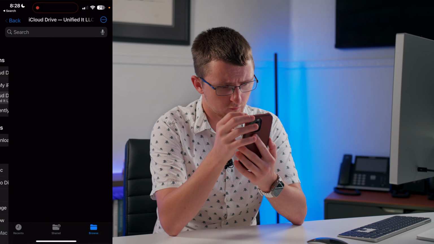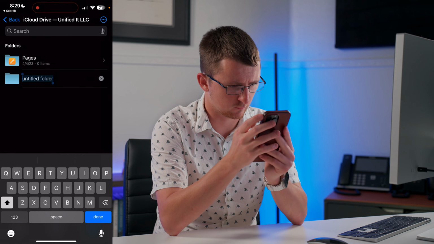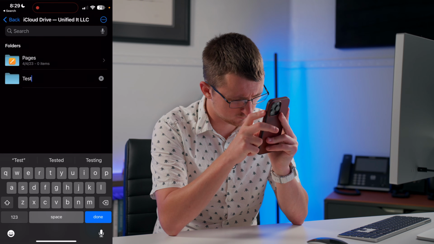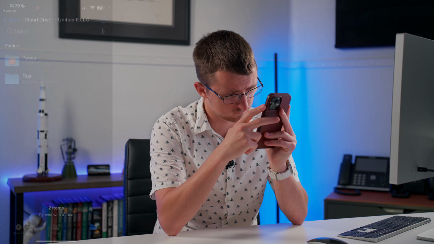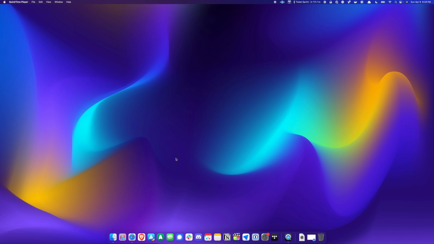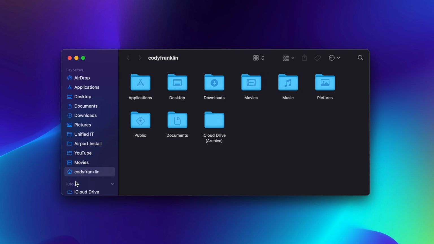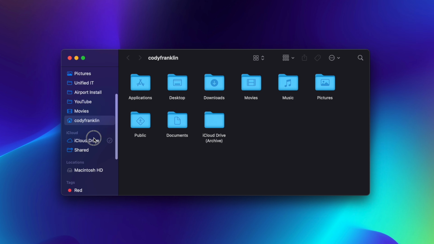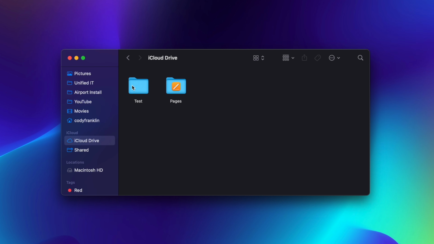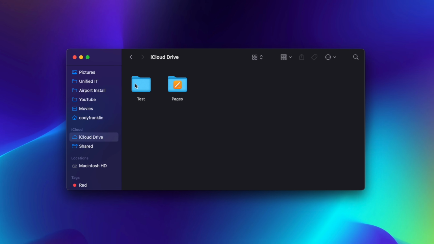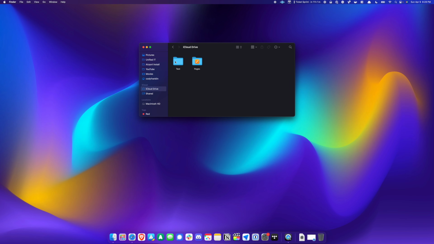Let's go ahead and make a new folder just to show you how the sync works. From my Mac, I can navigate to Finder, iCloud Drive, and there's that folder we created earlier. Now, I can also enable desktop and documents syncing, which is just like what it would be on a personal